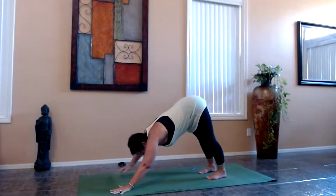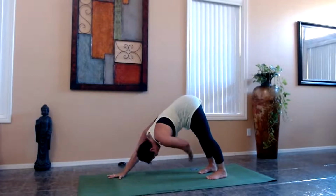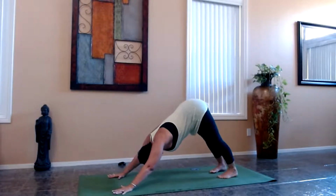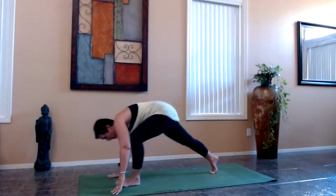And then release that right hand down. Take a moment to feel stable. Pressing firmly down through your right palm, lift your left hand up, reach to the outside of that right leg. Begin to peek under that right armpit. Little twist here. Steady breathing. And then release that left hand down. Wiggle those feet back a bit further. Long dog here. And then gaze forward towards the top of your mat and step, walk, or lightly jump forward,